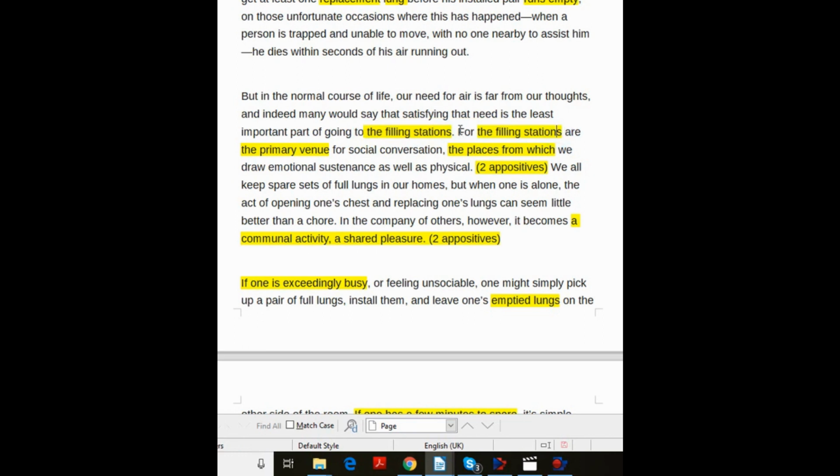And then he goes on to use 2 appositives. He says, for the filling stations are the primary venue for social conversation, comma, and then he renames the primary venue for social conversation as the places from which we draw emotional sustenance as well as physical. Okay, so he's using a defining relative clause there, from which we draw emotional sustenance. So it's a new type of clause that he's put in here to keep his writing interesting. And he's certainly got two appositives there. The primary venue is being renamed the places. Okay, the primary venue for social conversation and the places from